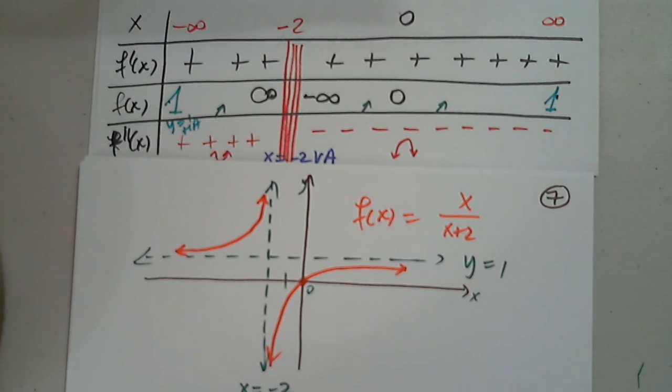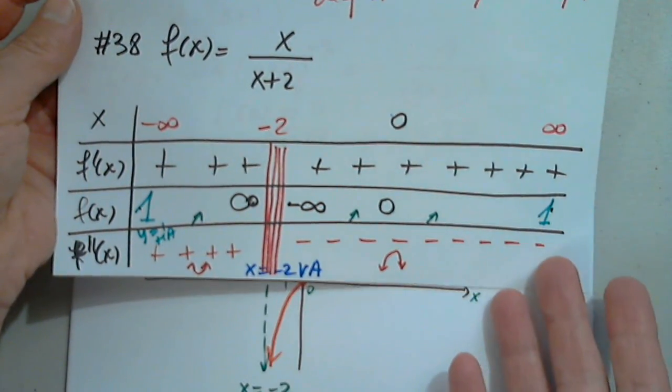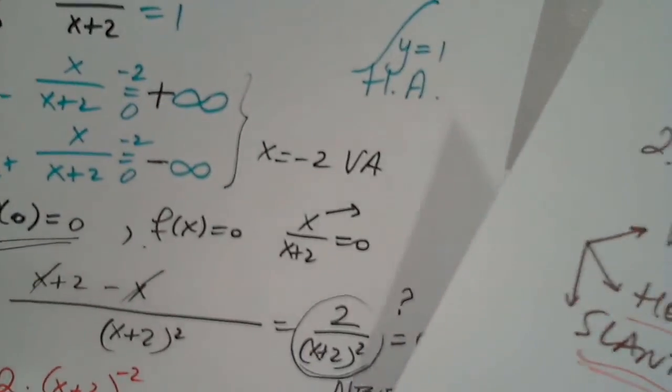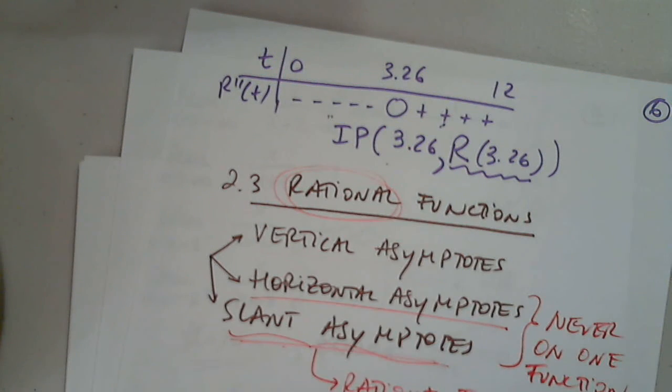And I'm going to use Zoom 6 as the standard viewing window. As you see, the graphing calculator does not show the vertical asymptote. I don't know why. Maybe there is a way of putting it in on the software. But we already know the vertical asymptote is at -2 and the horizontal one is y equals 1. So you can always go back and check. You really don't need to, because the table tells you everything. Once you fill in the entire table, your graph should be correct. 2.3 is not finished. I still have to show you